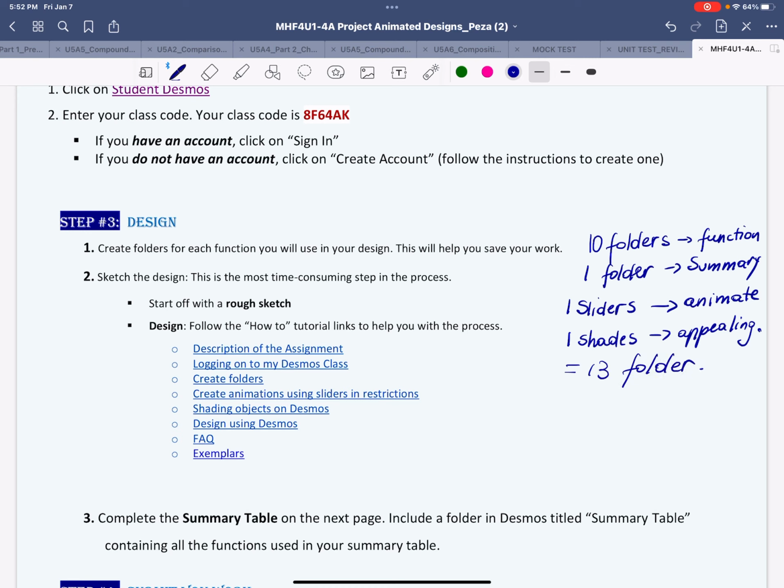It is best to organize your working folders so that you can save it more easily and relocate your functions more easily. Now, when you are starting your design, you may choose to start off with a rough sketch, and a space is provided for you in your design. And you have to follow the how-to tutorial links, in order to support you with the process of how to complete each step in the process of designing